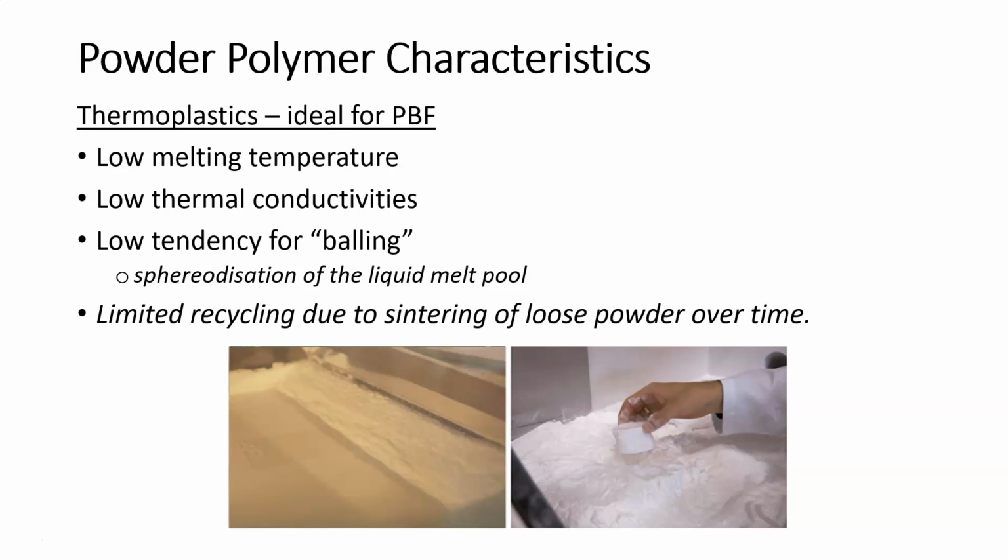And what we don't want is this clumping effect, where we get a balling of the powders that start to lose all of their dimensional integrity. We want, in the powder bed fusion process, in addition to the other 3D printing processes, but specifically in the powder bed fusion process, we only want to melt